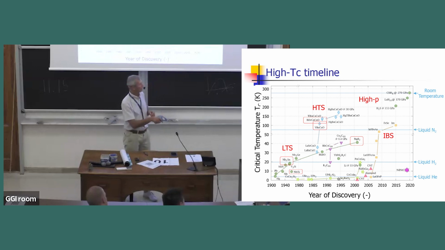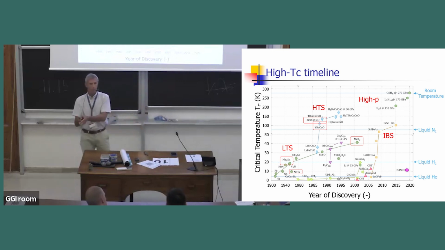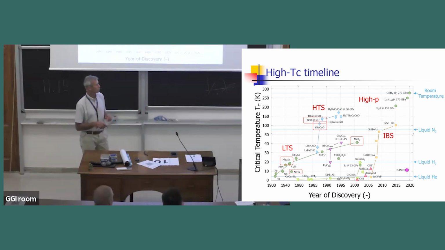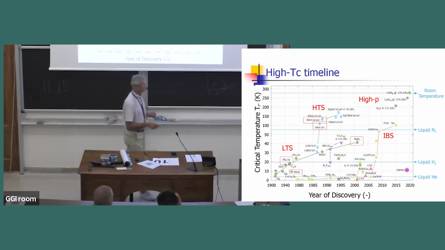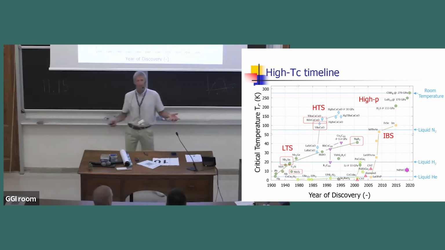And this is a timeline of critical temperature. If you remember, we were talking yesterday about this critical surface, critical property. Critical temperature is the first one, below which you're superconducting. Now you understand why it's the first property that people were looking for. Now, what we have are materials like low temperature superconductors, below 30K. That's why they're called LTS: niobium-tin, niobium-titanium. There's many, but those are the two that we'll come back to.